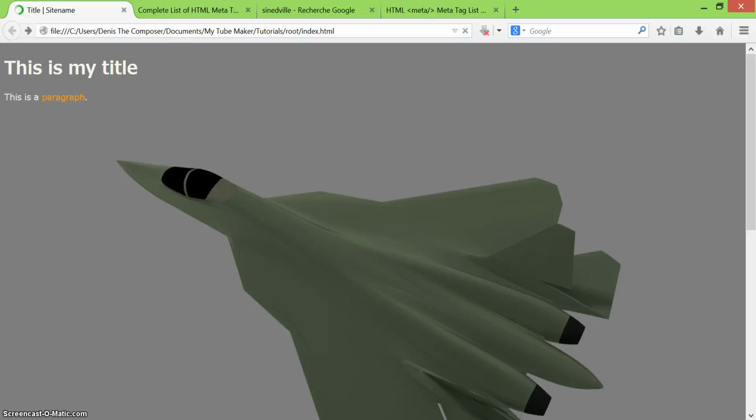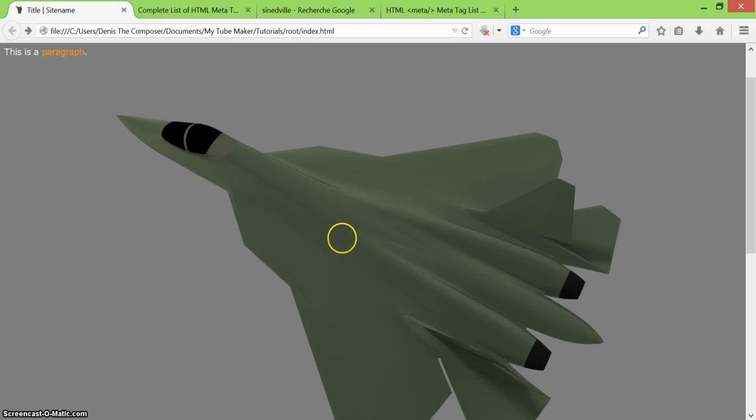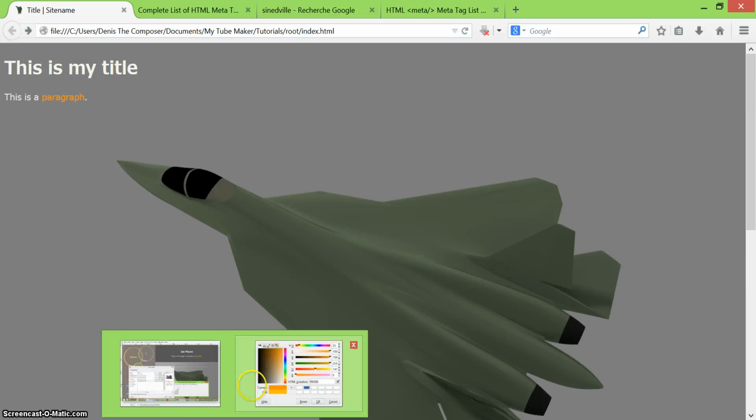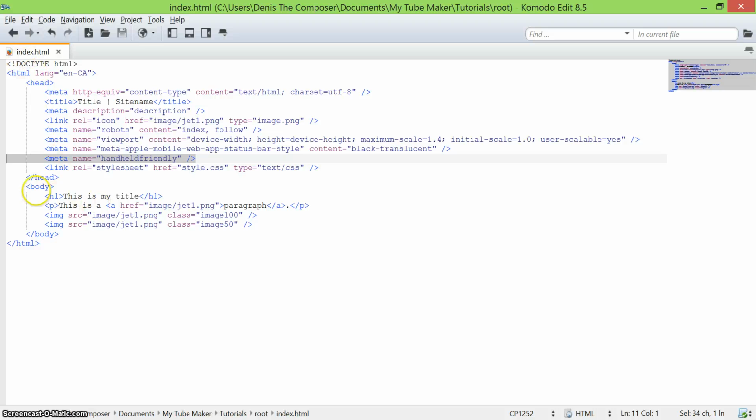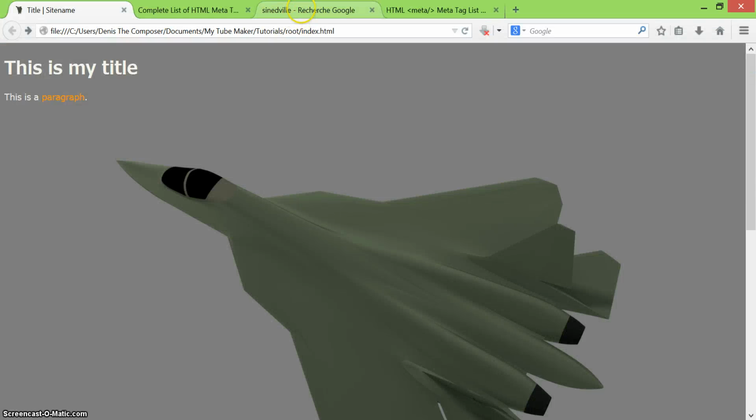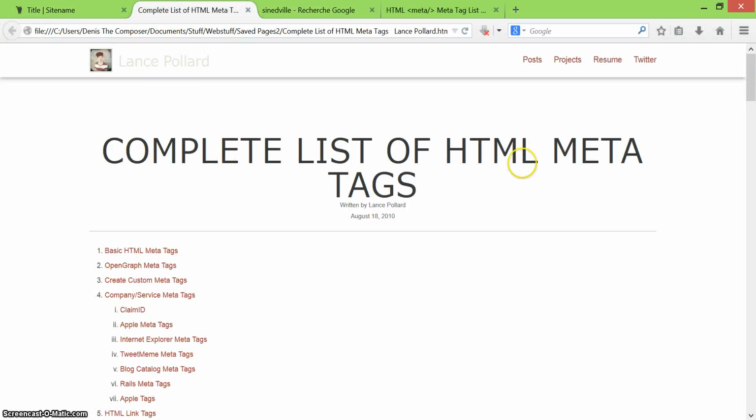So if I update, this won't show too much, but your meta tags are applied, and notice that they won't show inside the body of your document, but these are all attributes that apply to your page anyhow, even if they don't show up. So, to conclude, I want to bring you to this complete list of meta tags by